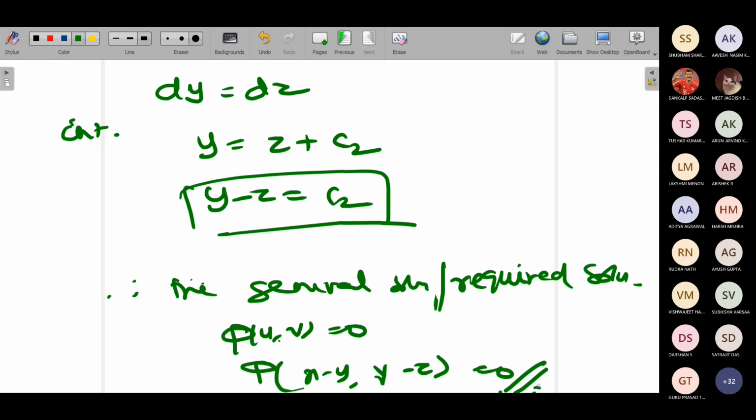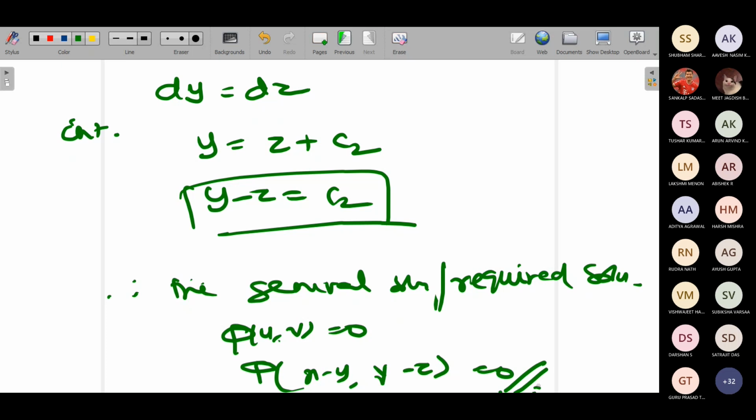Okay, ma'am. When the problems are given, no one will mention whether it is linear or non-linear. You have to identify whether it is a linear or a non-linear equation. First order, higher order, I gave you examples when I started with the second class. So just go through those. You will be able to identify the equations. Is it clear?